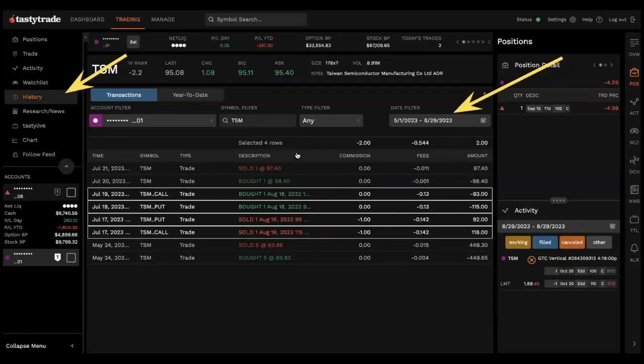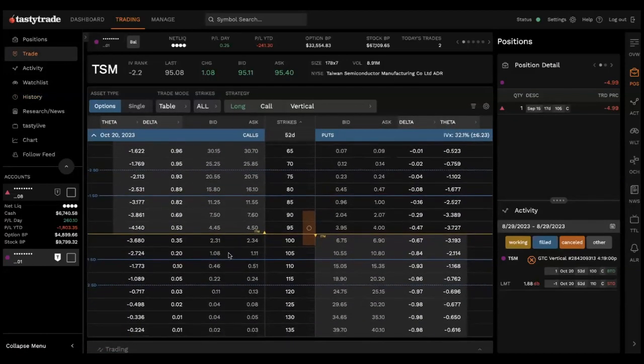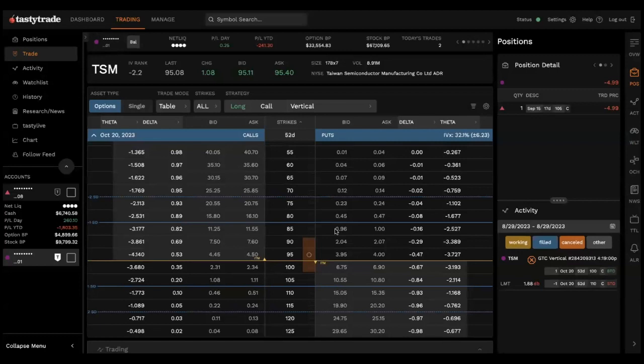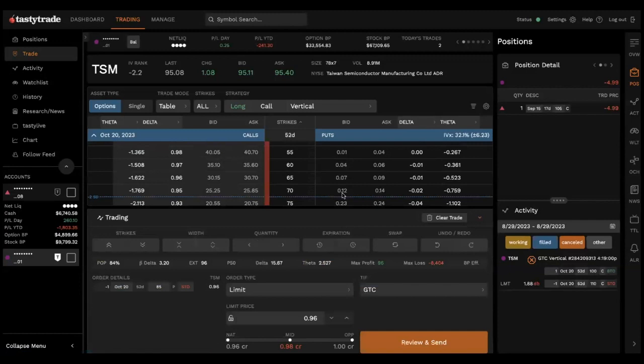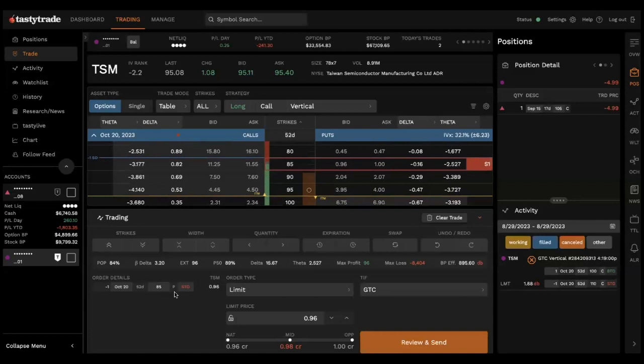And Tito, I see, how do you sell credit puts to get the advanced credit on an option? So if you wanted to just sell, say, a naked put, or just selling a short put in general, and you're getting long exposure or bullish exposure, in this case, we are on our put side. Maybe we wanted to sell the 85 put. All you got to do is just left click on the bid price of that 85 put there. So the bid price is selling, and now we are selling a put, and we are getting a $96 credit